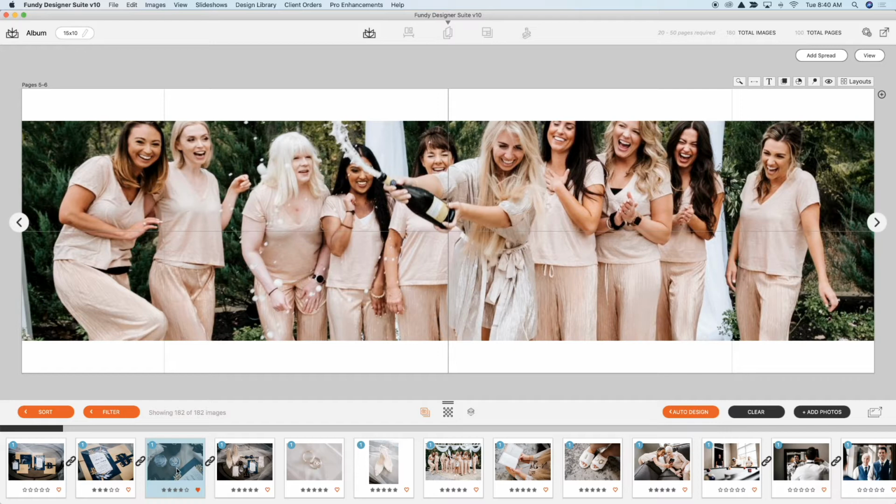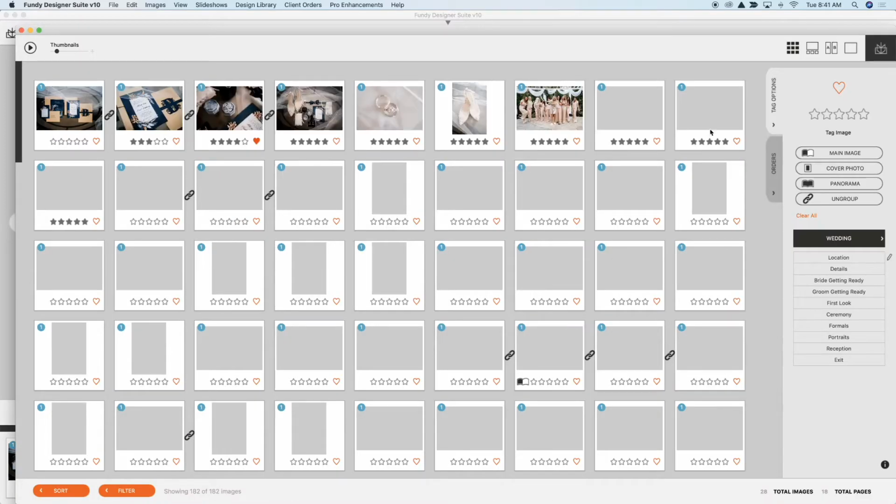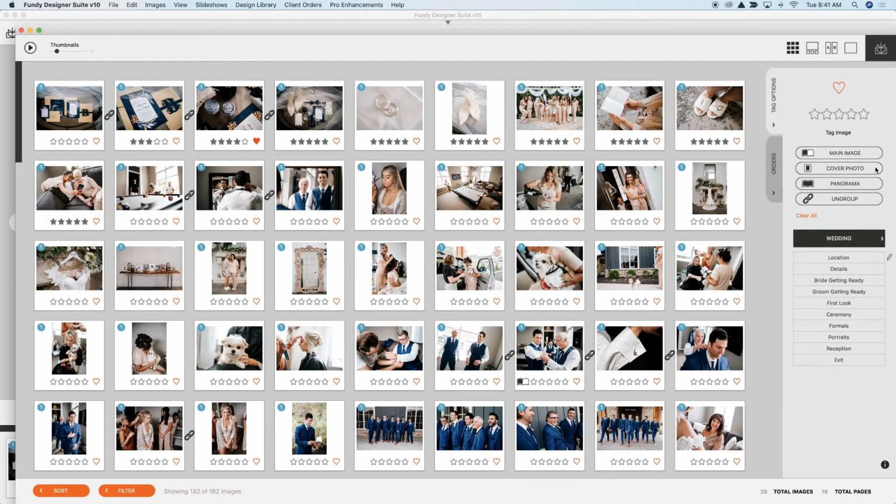Now let's go ahead and jump into the grid view of the image designer. When you're pre-designing for your auto design, you can make a lot of fun choices. For example, I want this image to be a full page spread, so I'm going to hit the P key for panorama. Or I want to group these photos together to be on the same spread, so I'm going to hit the G key. The key thing to remember is that there are a ton of keyboard shortcuts in Fundy Designer,